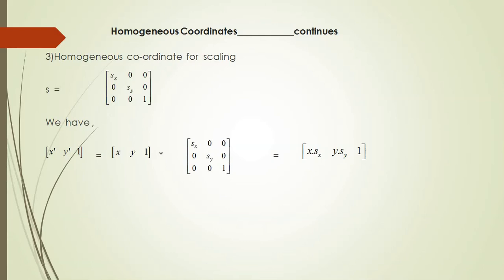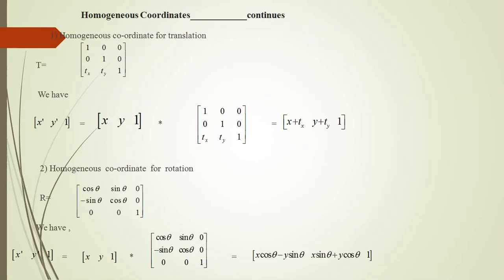Here for translation, rotation and scaling we got the new coordinate, that is a 3 by 3 matrix. Okay, so the matrix is 3 by 3. By using a 2 by 2 matrix we got the 3 by 3 matrix by using the dummy coordinate, that is w, and the value of this dummy coordinate w is 1. This 1 value is the default value.